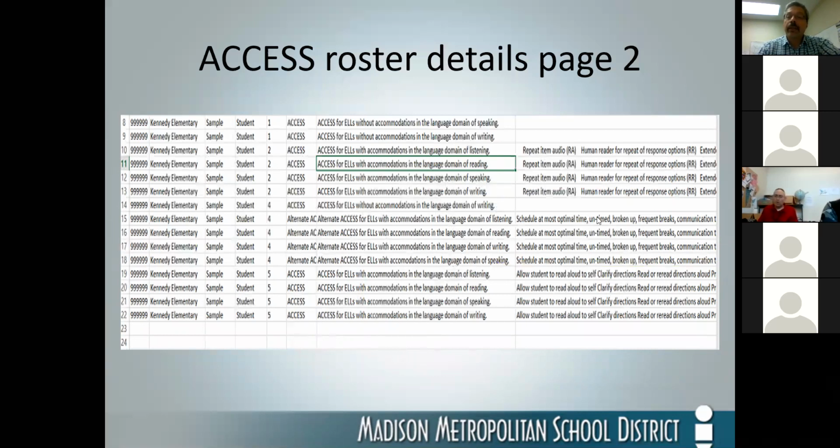You will see that there will be a lot of different supports or accommodations listed. This comes directly from OACCESS. Please keep in mind that almost anything can be put into OACCESS. That doesn't mean that it is actually a real accommodation for the ACCESS test. For instance, you will see repeat item audio. That is an actual accommodation found in ACCESS. Here is one that you won't find. Untimed. Well, that's because the entire thing is untimed. Frequent breaks is not an accommodation to be found in the software of